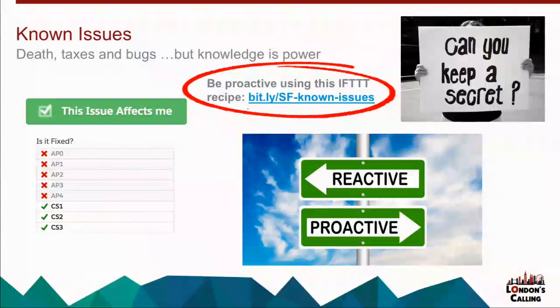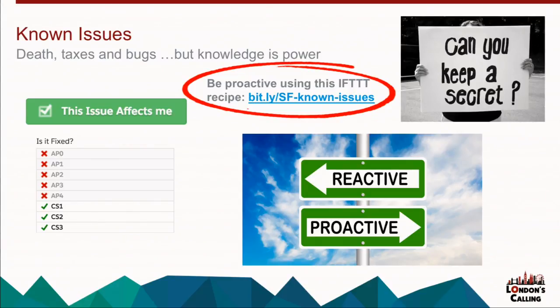And the hack on known issues is that we tend to be very reactive with known issues. So we go to known issues when something is going wrong and we want to find out more information. Now, I relate that to finding out that our house is on fire when the place has already burnt down. So if we could be more proactive, that is where the real secret, the hidden power of known issues is.